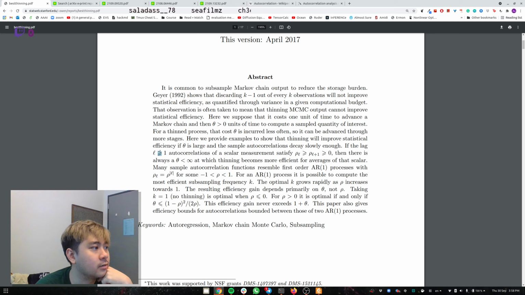If the lag L got to autoscalar measure satisfy, then there is always a finite cost at which thinning becomes more efficient for averages of that scalar. For averages, almost. Okay, but I don't care about the efficiency in this sense. This efficiency is like statistical efficiency, but I just care about autocorrelation function. Many resemble AR process. AR process 1. AR1 process is also computer most efficient sampling. The optimal K grows rapidly. The resulting efficiency gain